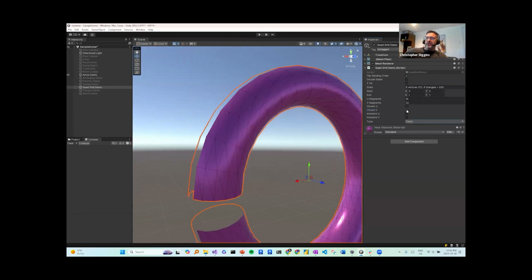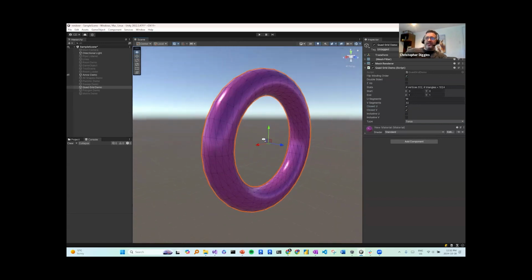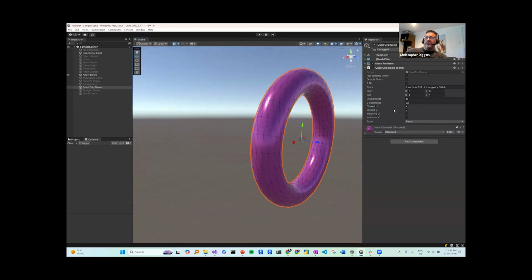And let's close it. There's another thing we could have done instead. I have an option which I was kind of experimenting with. It's kind of fun. It's called inclusive U and inclusive V. What if instead of actually closing it, I just generate points? Do you see the difference between,